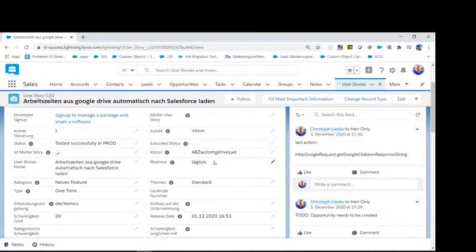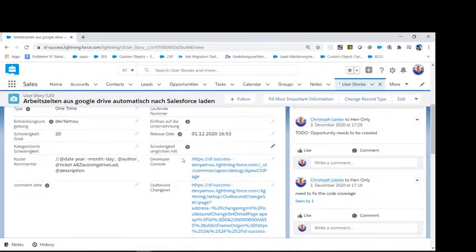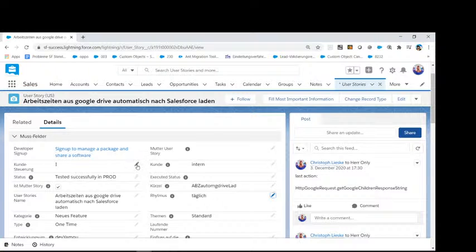As you can see here, we have a rhythm. The rhythm is going to be like, okay, it's in German, but the rhythm is describing how often a described task in the user story has to be executed. So in the daily work, there are going to be workers, and they're going to work on something. And if they need to work on this daily, then it's going to be like this. Also, I have some other stuff in here, like weekly, monthly, and yearly. So I'm able to distinguish the groups among each other.